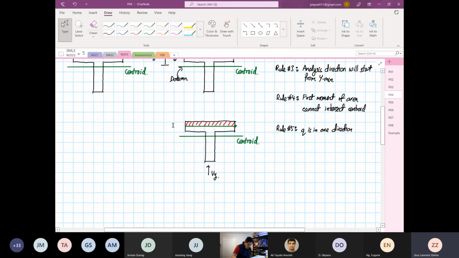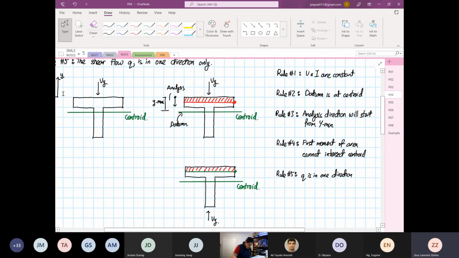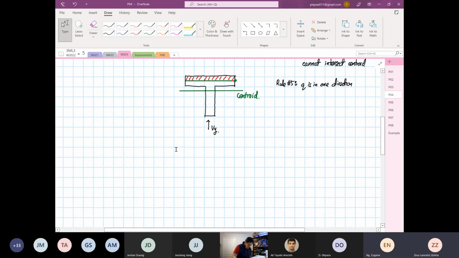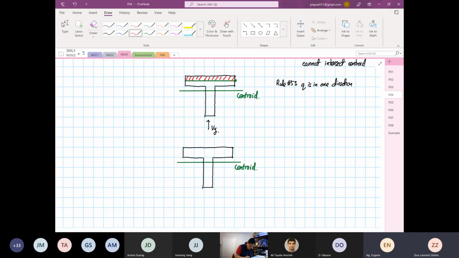Same point of interest. Or do you consider this area? If your V